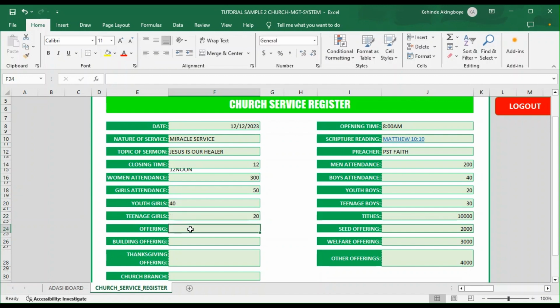So we'll have, let me see, 5,000. It could be dollar, it could be naira, it could be anything depending on your country denomination. Building offering, of course, would have customized it to your particular country. So any denomination you are using in your country, as soon as we know that, we customize it to you before sending it to you. Building offering, so you have 7,000. Thanksgiving offering,